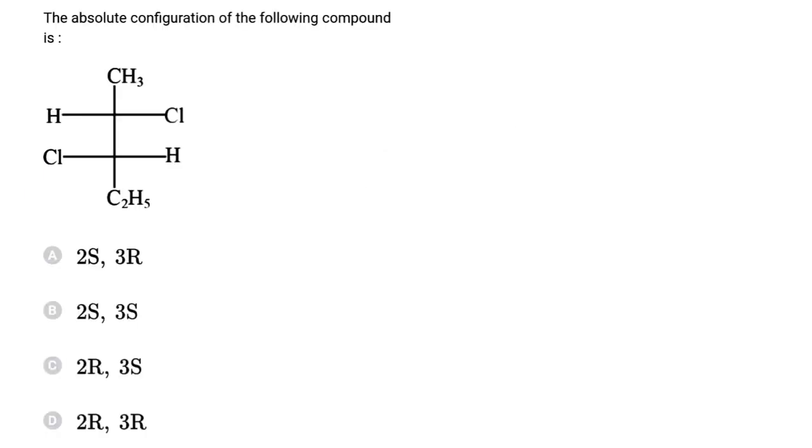In this question we have to find absolute configuration of the compound. So to find absolute configuration, first we have to identify chiral carbon. So there are two chiral carbon atoms present in the molecule. Now numbering should be done according to IUPAC rule. So now this is first carbon, this is second carbon, third, fourth and 5 carbon atoms are present. So we have to identify configuration of second carbon and third carbon.